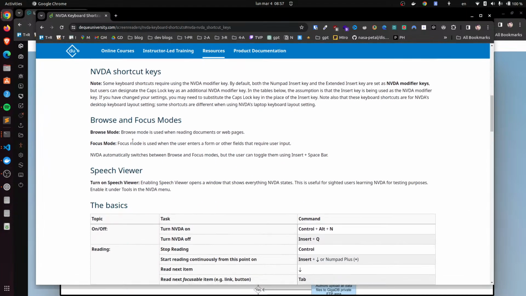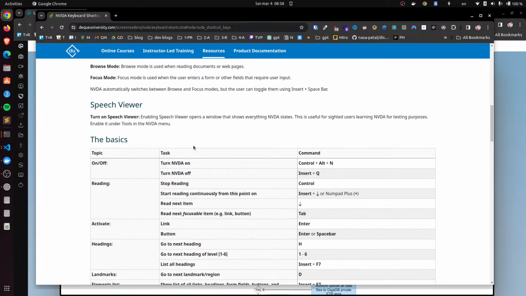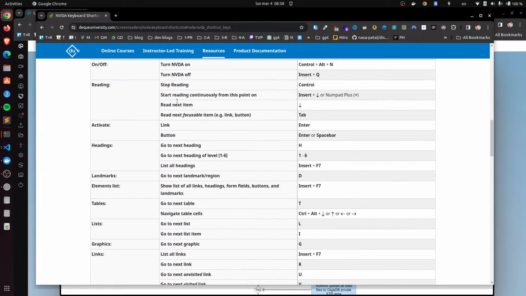Yep. Turn off reading, stop reading, control, start reading, continue, insert down. Next item. Okay. Read next item is focusable item.